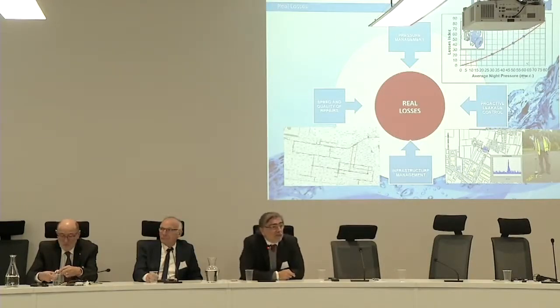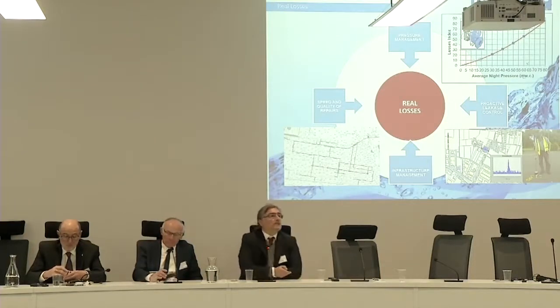The other important thing is to know what you have. You can't manage what you don't know. So it's important to have a geographic information system with important information. The important information is not only the obvious, such as diameters, length and material, but also intersections, for instance valves closed, what their settings are, and so on. And in Portugal, this is very difficult to obtain. As you know, in Portugal, there is no great organization.